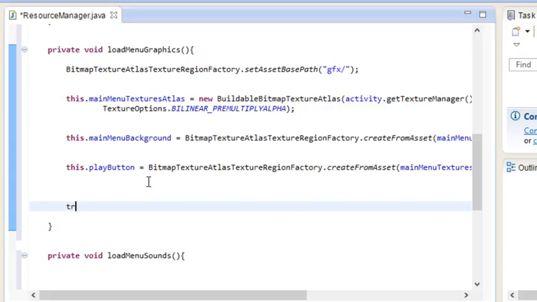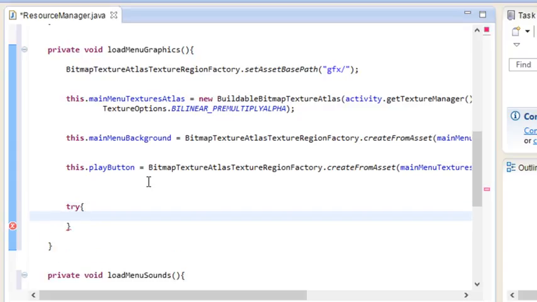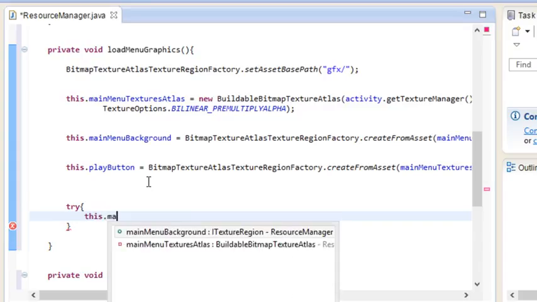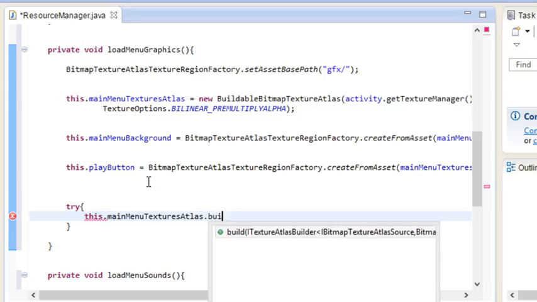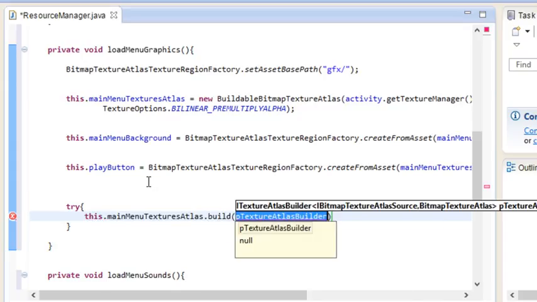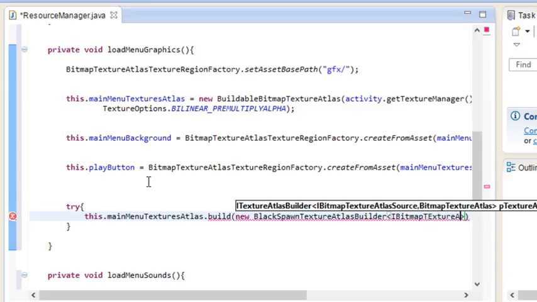We're just going to do try, and inside of this is going to be this main menu texture atlas, and we're going to do build, and this is going to be new BlackPawnTextureAtlasBuilder, and add some greater than less than signs, IBitmapTextureAtlasSource